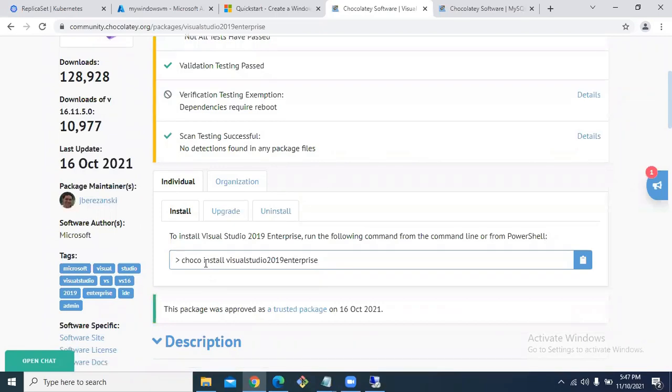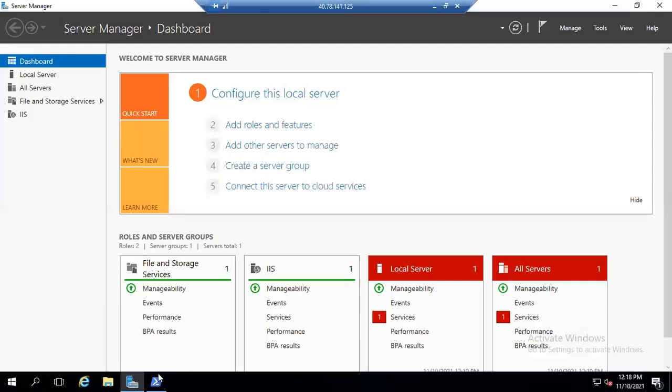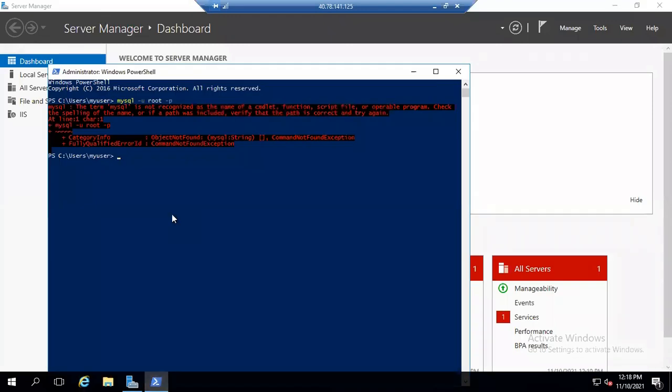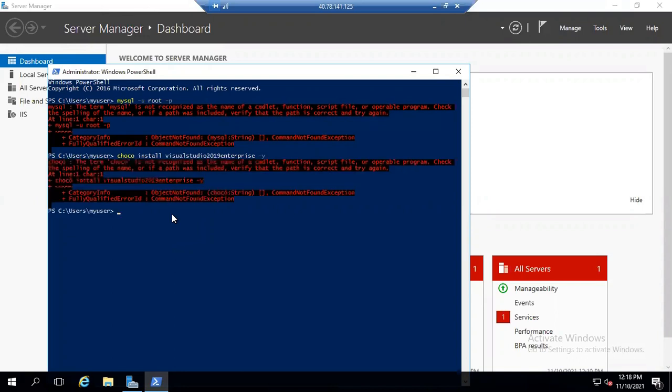Our task is to use Chaco, we have to install our software. So just run this. Go to PowerShell admin mode and run this. At the end, add -y. This is for auto approval. If you are not adding -y, it is going to ask whether you want to install this one, that one. It is unnecessary confirmation you have to give. So to avoid confirmation, we have to use -y.